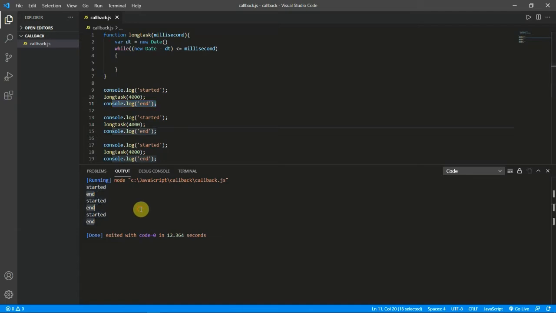So this is synchronous. Now let's understand what is asynchronous. Imagine there is a hotel and there are 3 customers. The waiter will not work synchronously, right? The waiter will not take the order from one customer, go to the kitchen and wait until the process is done, come back with the dish and then go to the next customer. The waiter will not work like that.